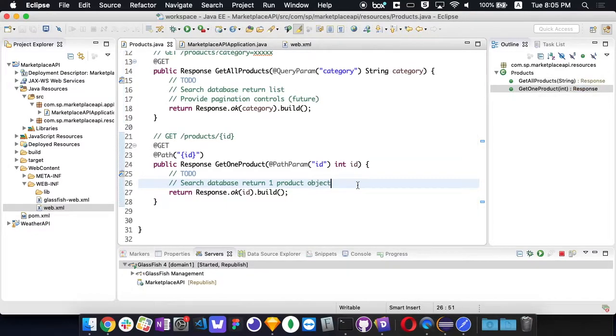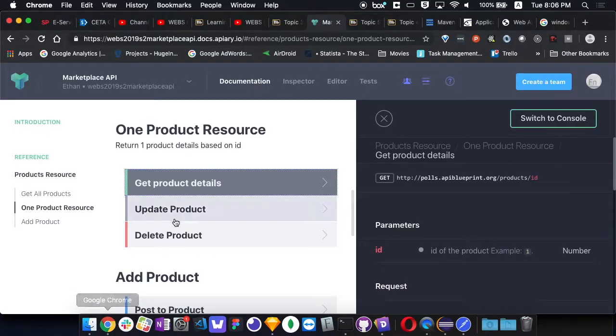So within these two methods, what we will be doing in the future is a lot of database related work. Go to database, fetch the record, return. For get all products, which is a list, we will add this thing called pagination control. So it's a feature where you can actually allow the client to provide parameters to say how much data they want to return from the database. For get product, very straightforward. Go to the database, retrieve one product object. Okay. So now let's go back to